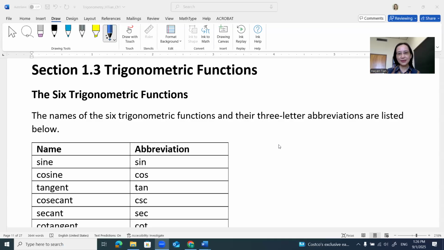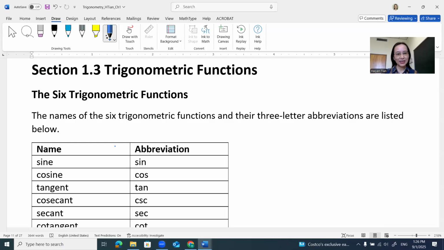Trigonometric functions. You might have heard of their names. Today, I'm going to give a precise definition to each one of the 6 trigonometric functions. So let's take a look at their names. The 6 trigonometric functions are called sine, cosine,